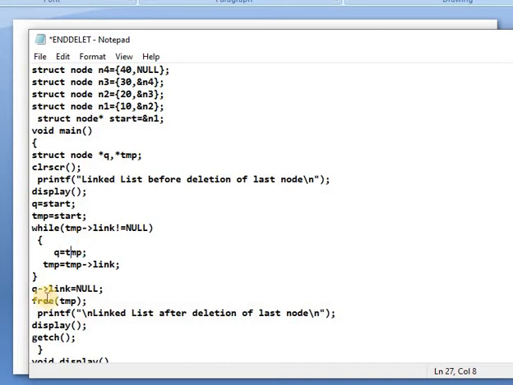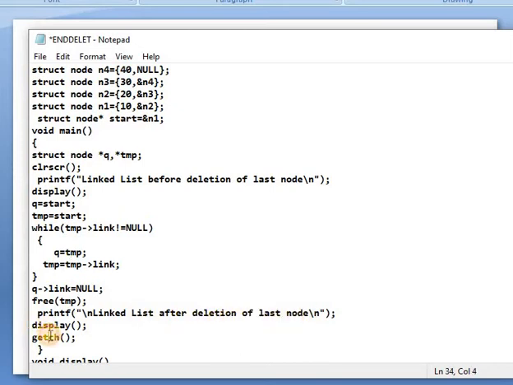When this condition is true, the q link is assigned 0 or null, so obviously the temp node is removed from the list. Free temp. The linked list after the deletion of the last node.